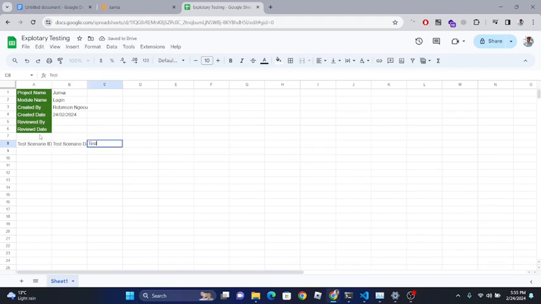In here, test case ID, test case description, the test steps that I've taken, the test data, that is not date but data, post conditions, assertions, that is the expected results,